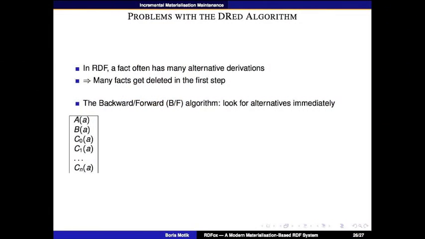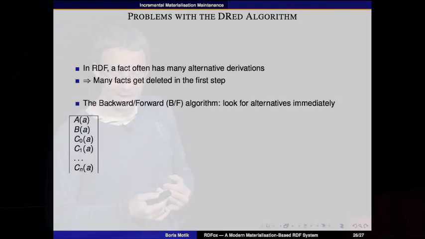This is a problem, and actually the problem is that in the semantic web, facts tend to have quite a lot of different derivations, simply because of the way these ontologies are constructed; these rules are quite redundant. The number of derivations is in the billions, whereas the number of facts that you derive are in the low millions, for example. So you really get this huge blow up in the number of derivations,